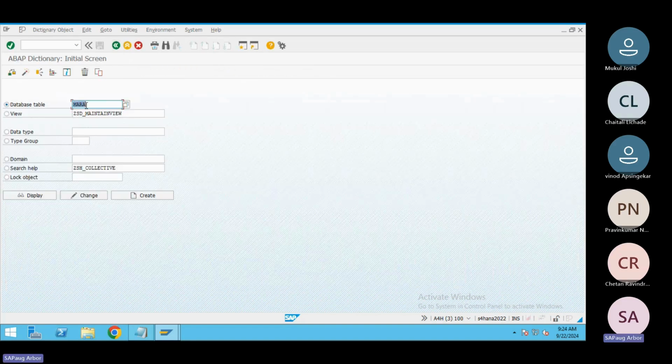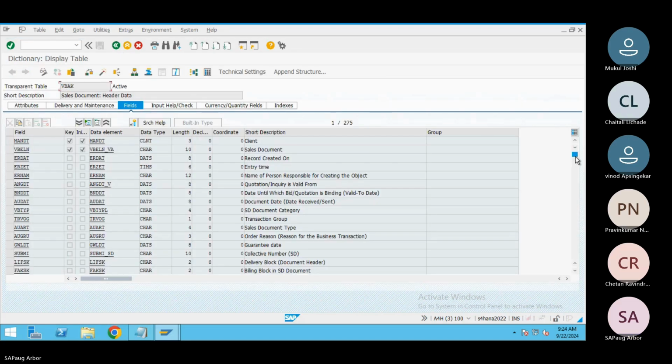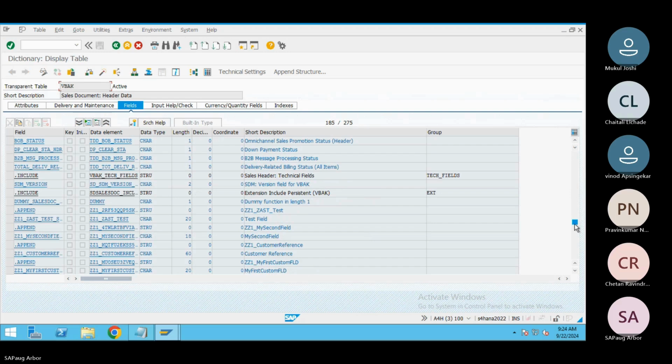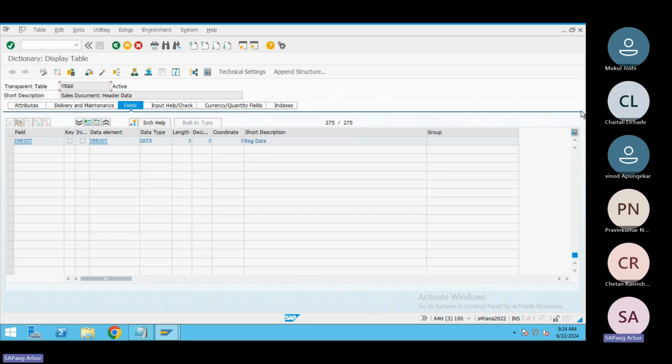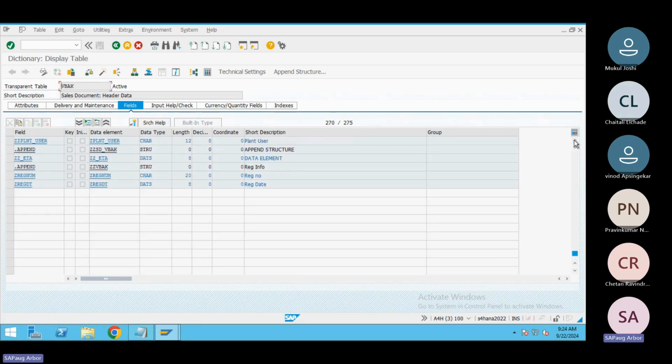If you see the VBAK table, these are the fields it has. Here you can see the append structure. Someone has appended structures here. Generally there is a naming convention: while appending, it should start with ZZ or YY. They have appended with Z, but always try to use the